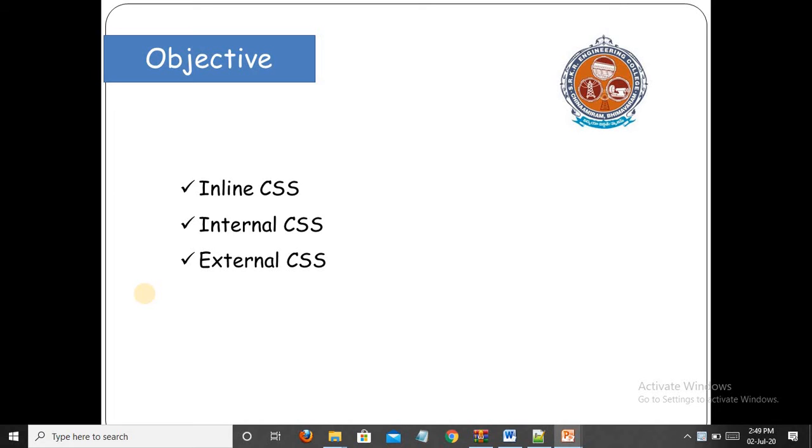These three types of CSS are the main important things that will be used in web pages, and let us see how these inline, internal and external CSS are applied to web pages.